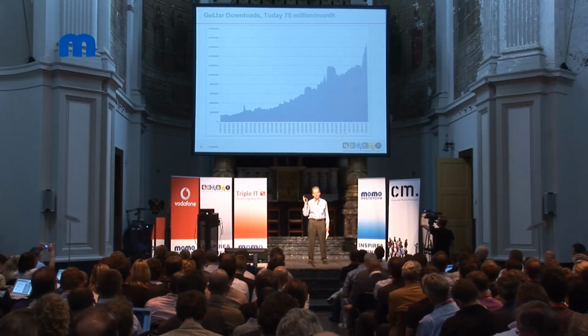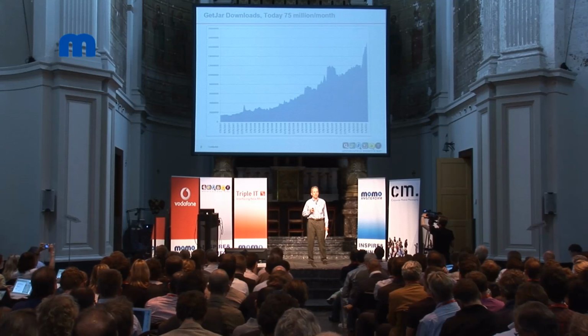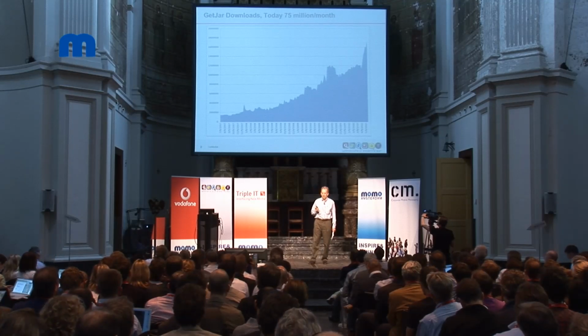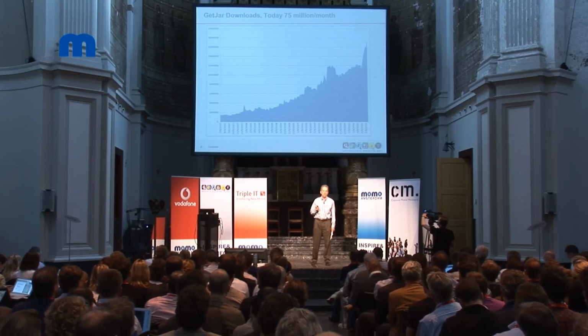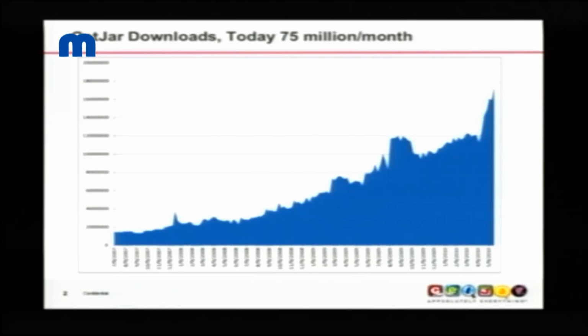We're at about 75 million downloads a month now, up from 6 million when I joined the company back in 2007. So there's been some spectacular growth. But most recently, and probably someone will ask this question at the end, why is it that we've had a spike in the last few months? We've grown about 40% in the last few months, principally due to a new ranking algorithm that we've installed for